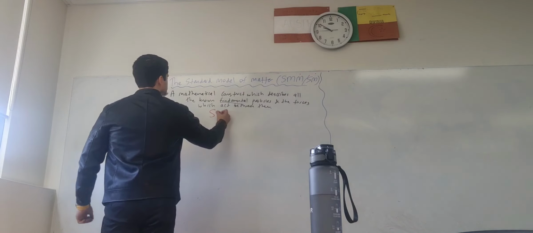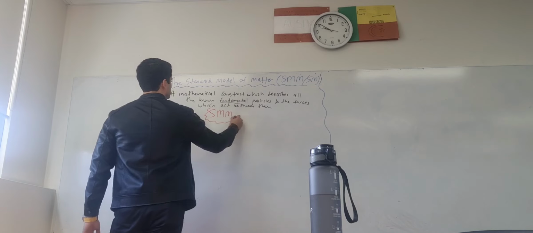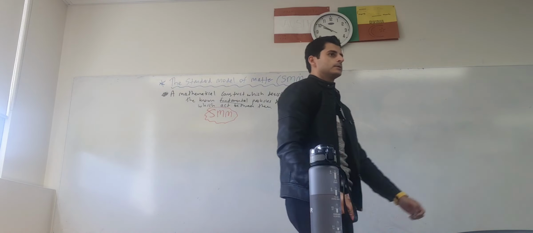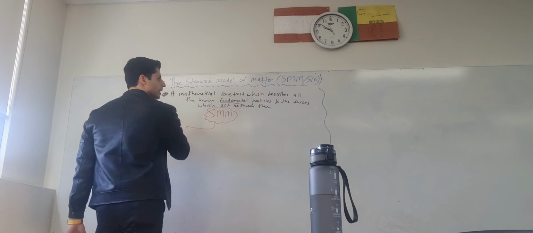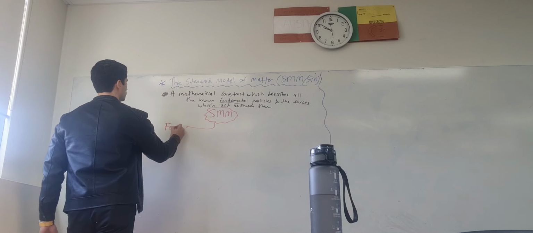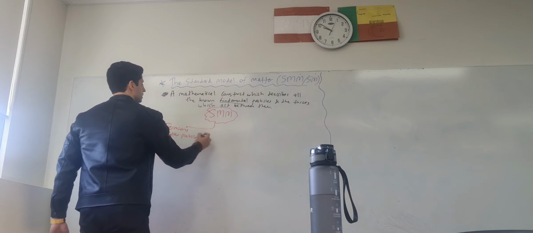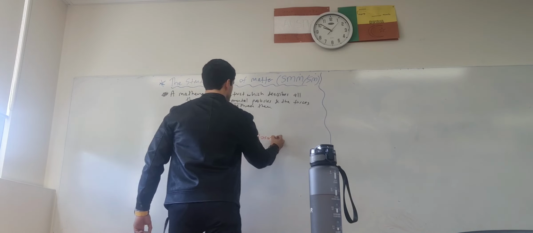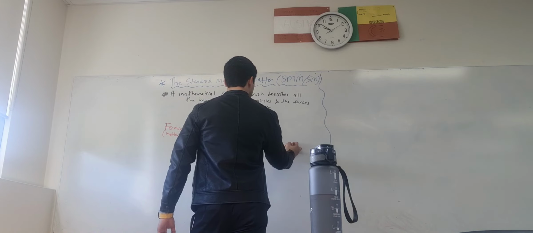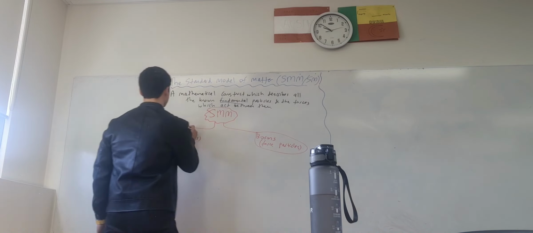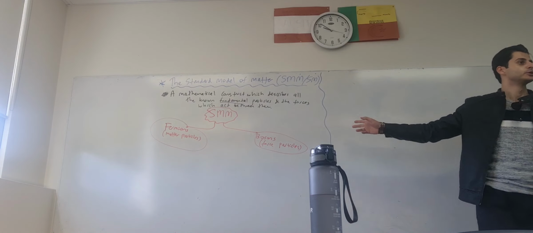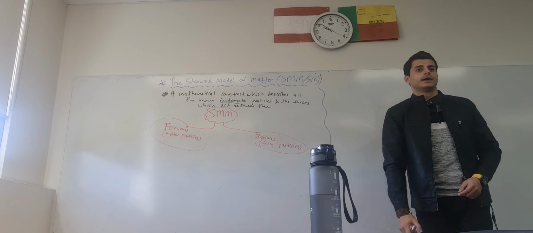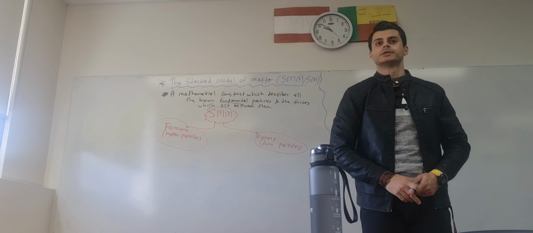Okay, here we go. I'm just going to use SMM. Here's the standard model. Okay, here it is. So you've got two main categories of particles in the universe. You've got things called fermions, which are matter particles, and bosons, force particles. Bosons, fermions. Fermions, named in honor of the Italian physicist Enrico Fermi, the guy that made the first nuclear reactor. Boson, from Bose, the Indian physicist,